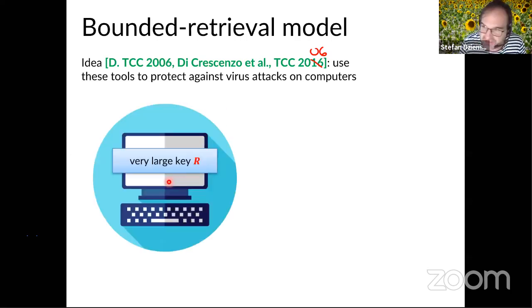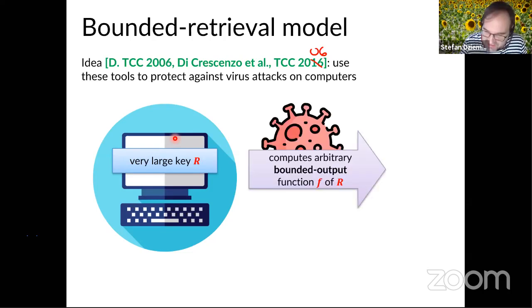Okay, so what are the virus attacks? You have a computer and you have maybe a virus on it that can steal all your cryptographic keys. So let's assume that the cryptographic key that is stored on the device is huge, like say 100 gigabytes, so that no virus that hacks your computer can download it completely. More precisely, you assume that the virus can compute an arbitrary function of the secret that has bounded output. So he cannot download all 100 gigabytes, but he can download 50 gigabytes,